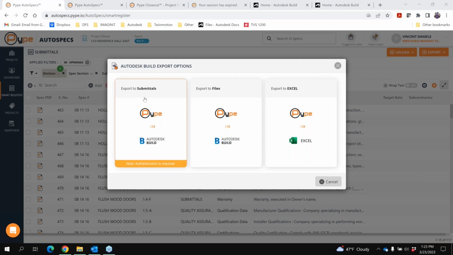So we can either do that directly to our submittal area in a project that we pick from Build, as long as the project's been created. We can push the registry directly into the files area. That's really more like Autodesk Docs, where I think it's still a spreadsheet pushed into Docs as a file, or we can export it directly to Excel. So really, if we're talking about this being a connected workflow, ideally we would want to push that